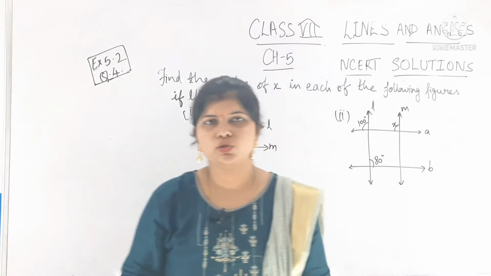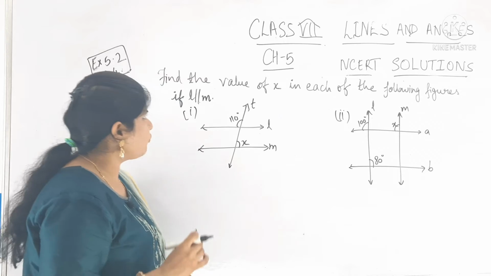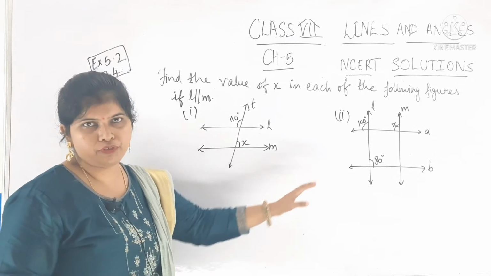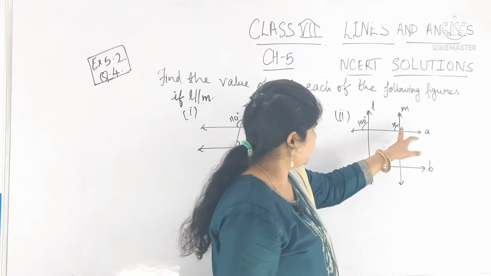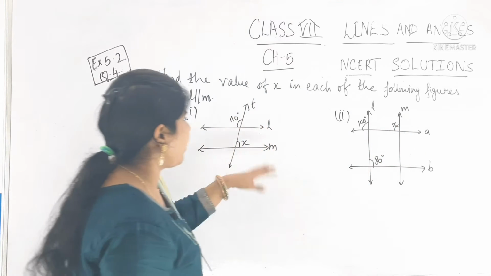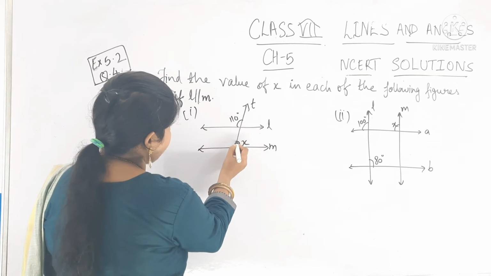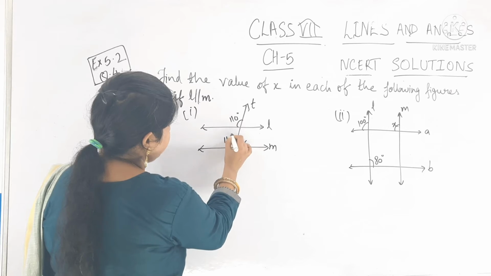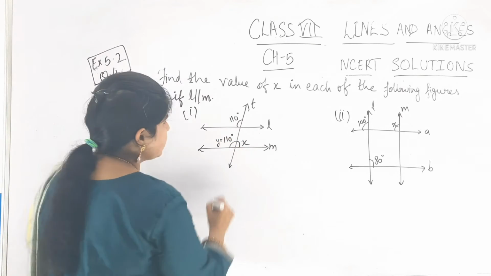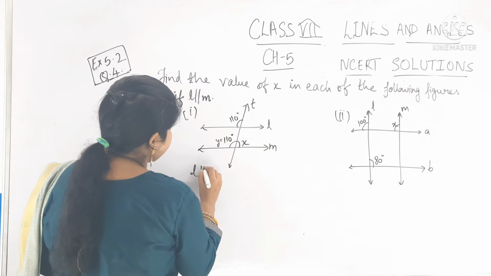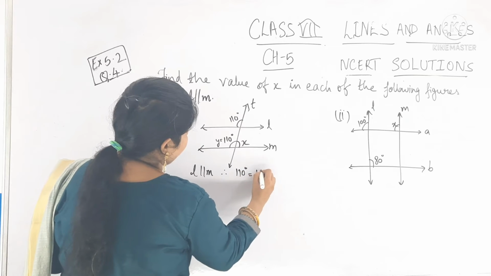Okay students, next question is question number 4 here. So what is question number 4? You have to find the value of x in both the given figures. So here you can see this is x, and here you can see this is x. So you have to find it in both the figures. So here you can write 110 degree because of corresponding angles. Let us assume this y. So L is parallel to M, therefore 110 degree equal to y